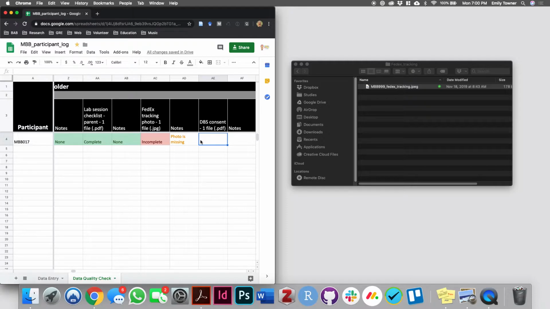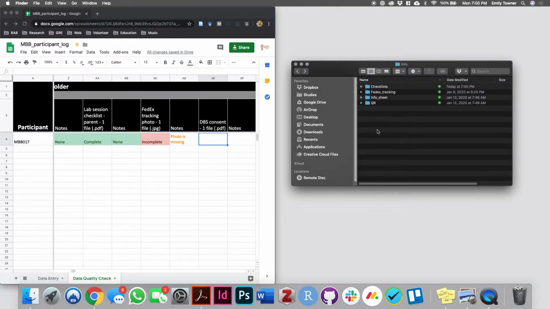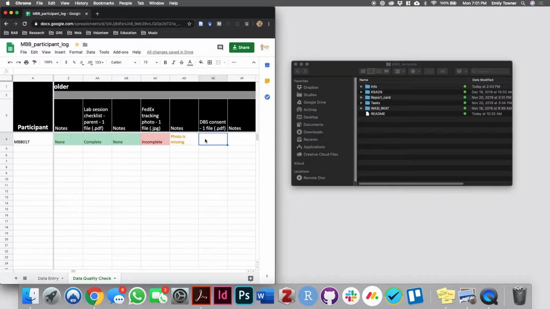Okay, then the DBS consent form, which is a new form that's actually going to go in here. I haven't made a folder for that yet. I added it to the template here, so that hasn't been done for this, so I'm going to put